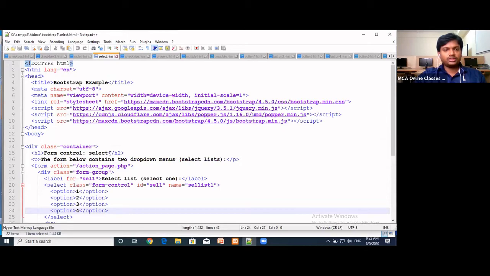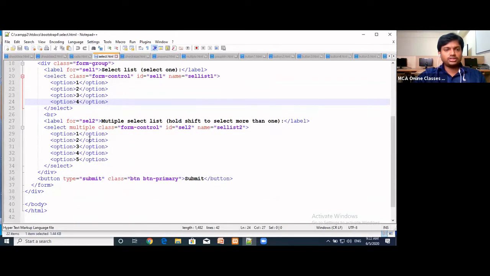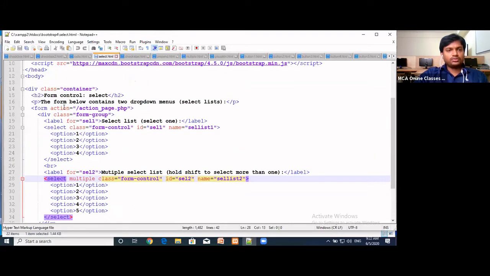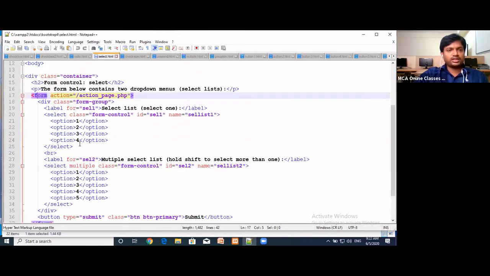The syntax web page remains the same. The first is selecting only one option, that is using the select tag, and the second is selecting multiple options. So there are two ways of selecting: one, selecting only one element, and selecting multiple options.